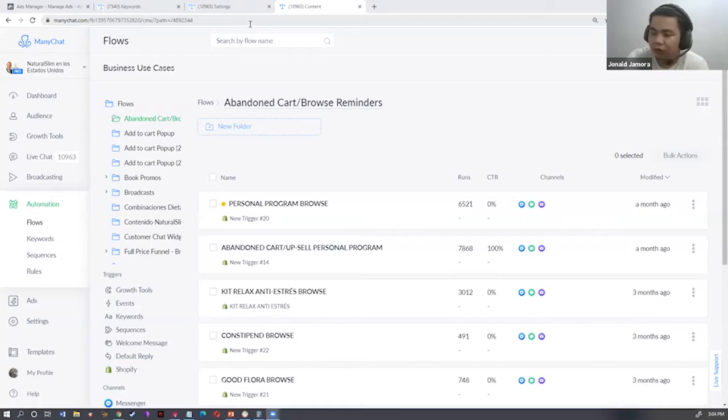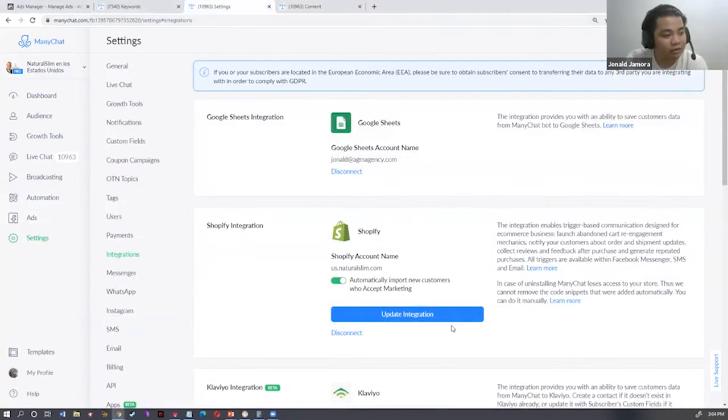Those basically involve first the topic we covered, which is the ManyChat and Shopify integration. I can go ahead and quickly share my screen to answer her 2 questions. And the third question is actually what we had set up earlier. So the first question is regarding the update integration button for ManyChat and Shopify: you will always have this button showing the update integration. It's never going to go away. So you don't have to worry about this integration.